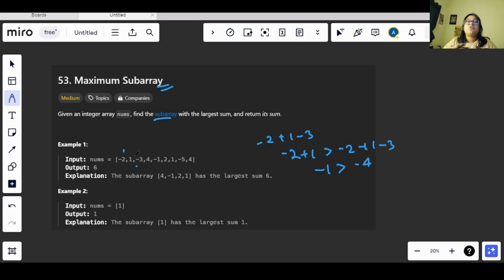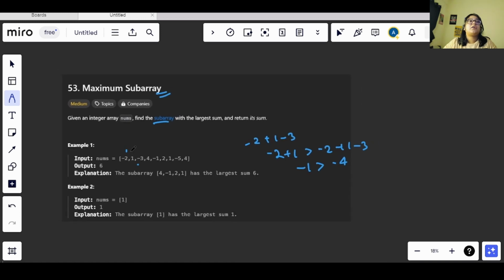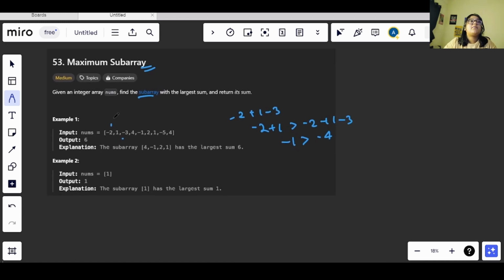Now the question is, how do we take the subarray? The easiest way we can think of is to take one pointer here, and using the other pointer we can start iterating in the array. A subarray basically means continuous elements from the array.